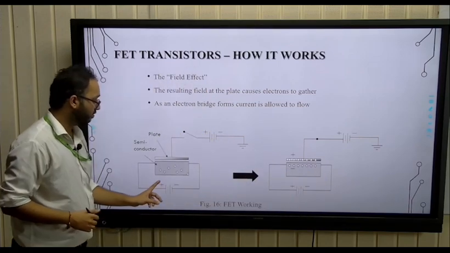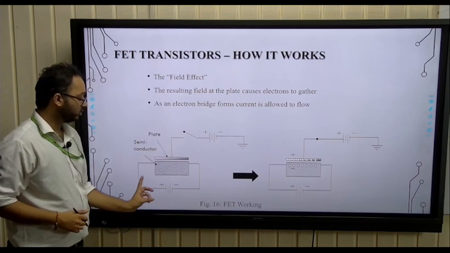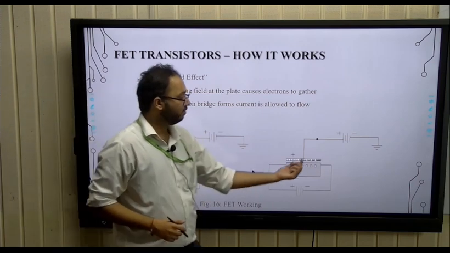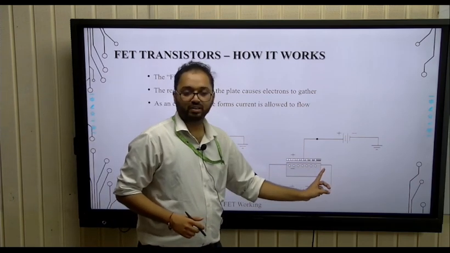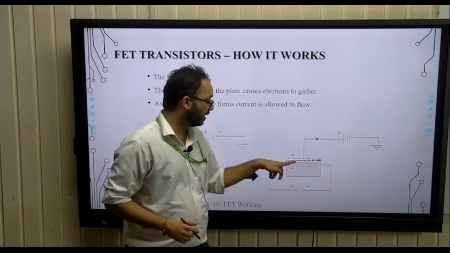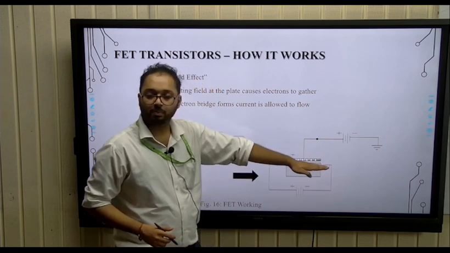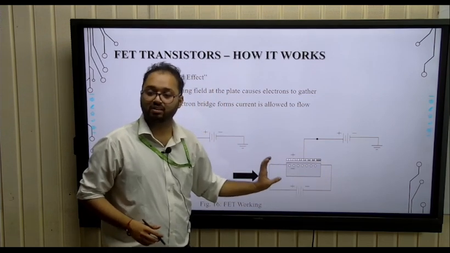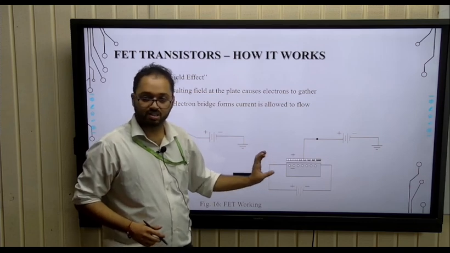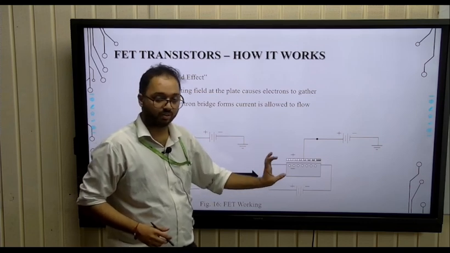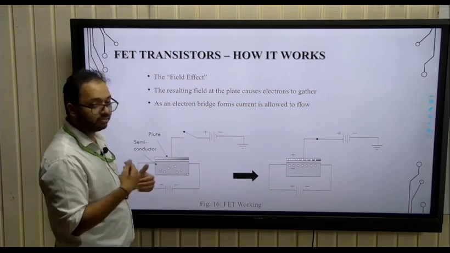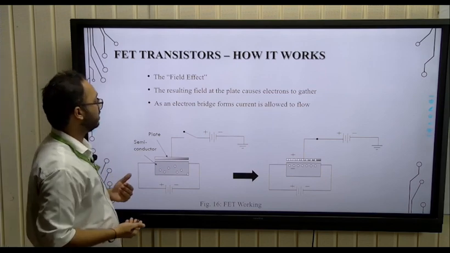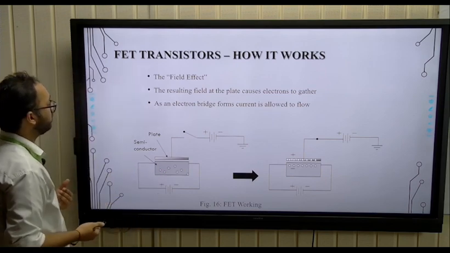Till now, when this plate was switched off, it was not conducting and it was an open circuit at this place. Right now, when we have applied the voltage, this starts conducting because there are charges on this plate that attract all the charges on the upper plate, and this starts conducting. This is how a field effect transistor works. This is the function of the FET. Now, how this FET is organized in the semiconductor, that we are going to study in the further classes, in the further slides.